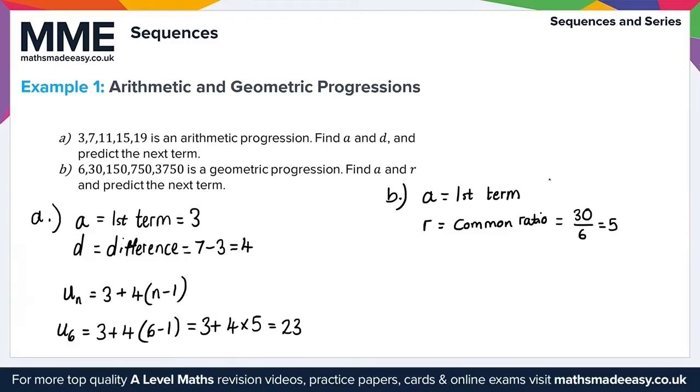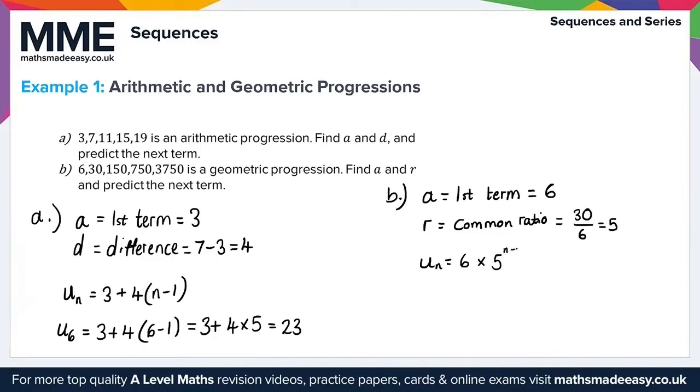And let's not forget our first term here, which is simply 6. Okay, so we have A and we have R here. Now we can simply work out the mth term again, or using the mth term, we can work out the next term. So here, our mth term is going to be equal to A times R to the n minus 1. Well, A is 6, so this is 6 times R, which is 5 to the